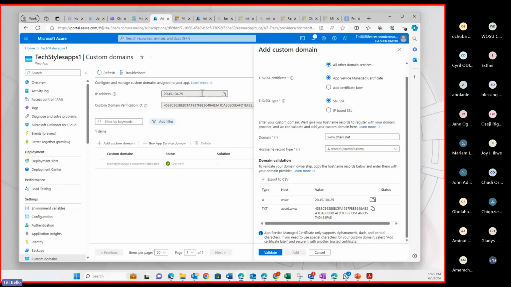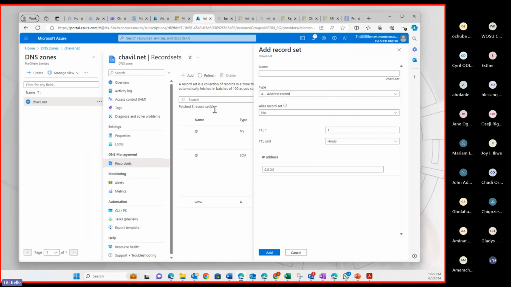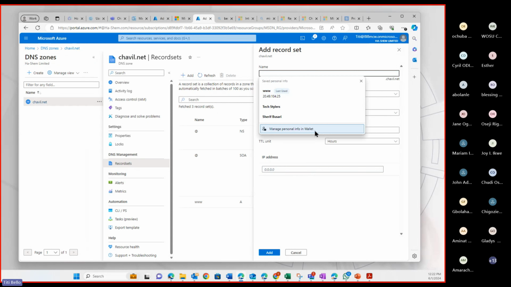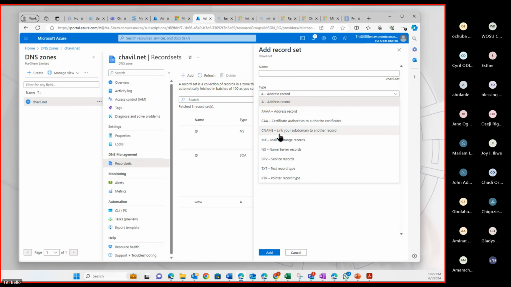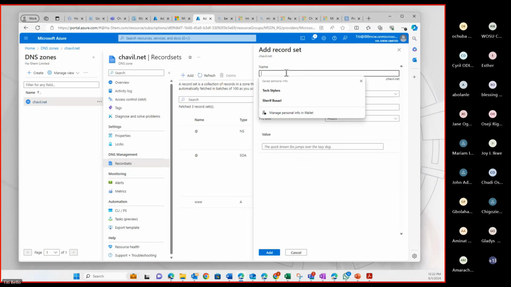Subsequently, if you create another app and you want to add a custom domain also, and the custom domain is still a child domain under your root chavi.net that we are using, for instance, this one single TXT record will suffice for everything. You only need to add either the A record or the CNAME record afterwards. So I'm going to create now a test record, a TXT record, and the name of the record is